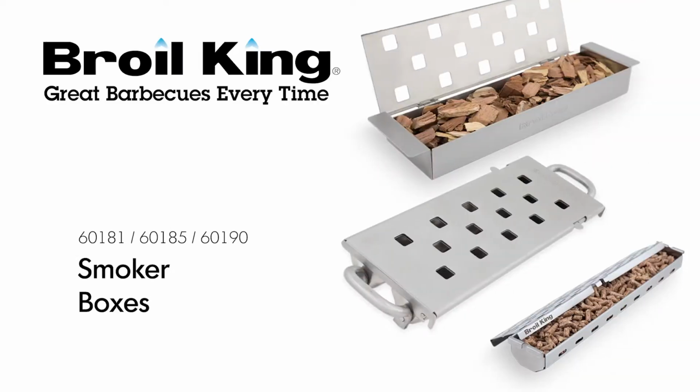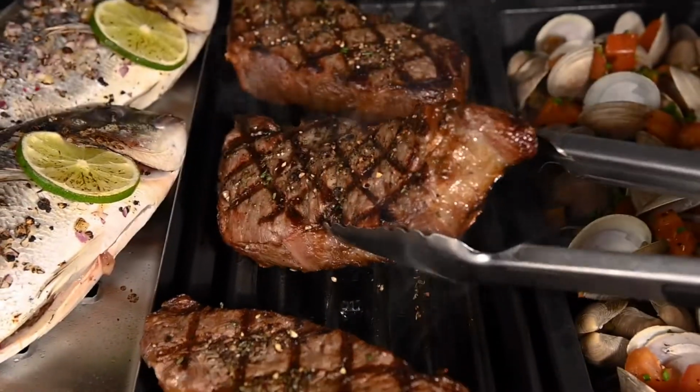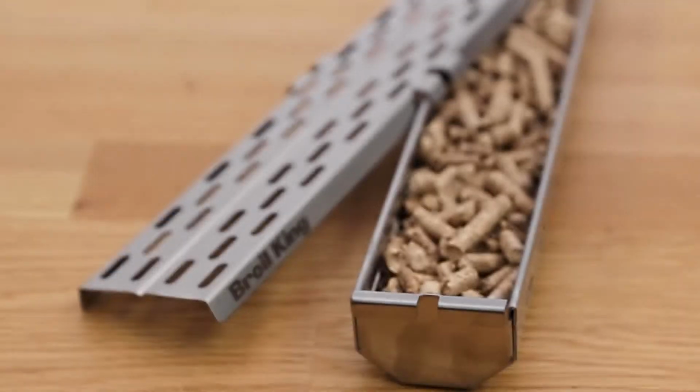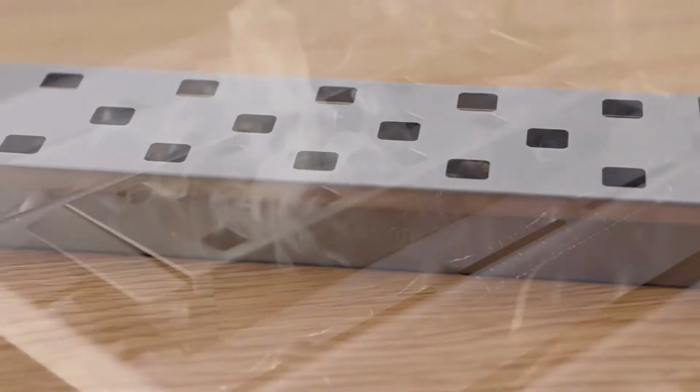The Broil King Smoker Boxes. Easily enhance your meals with bold, smoky flavor by utilizing the line of Broil King Smoker Boxes. Whether you're using wood chips or pellets, each of the stainless steel Broil King Smoker Boxes deliver amazing smoking power